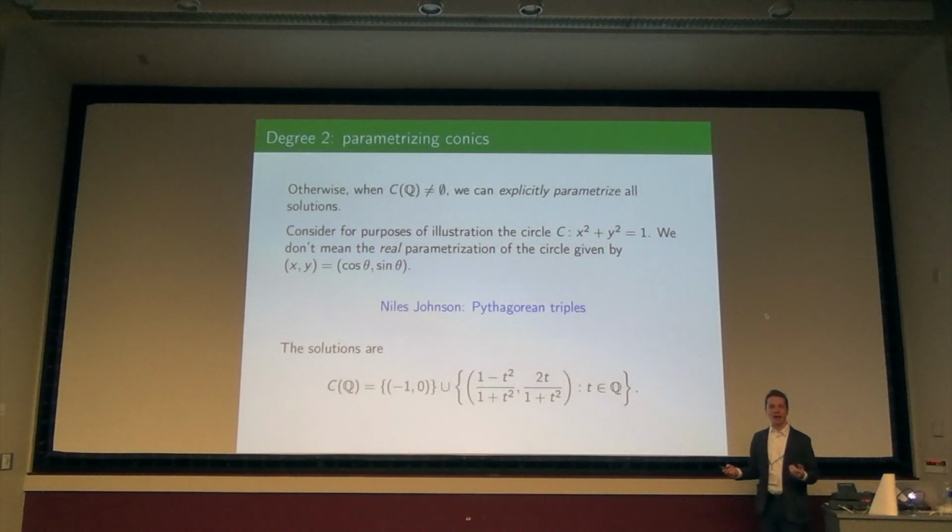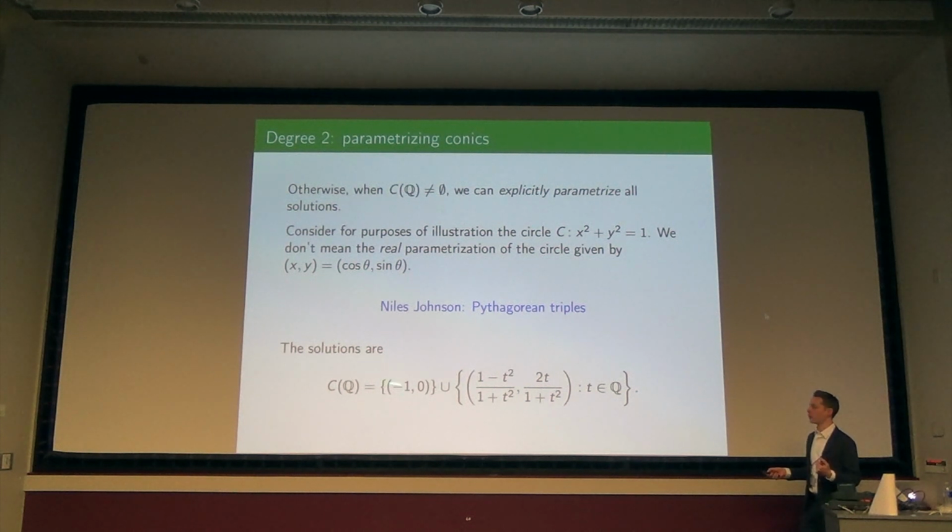Okay? So here's what this looks like when you write it all down. When you take the line through (-1, 0) with slope t and compute the other point of intersection, this is what the coordinates are right here. And then of course, we also have to remember that we have this point to start with. I'm allowed to plug in every t, and every point arises for such a t, except for this point (-1, 0).